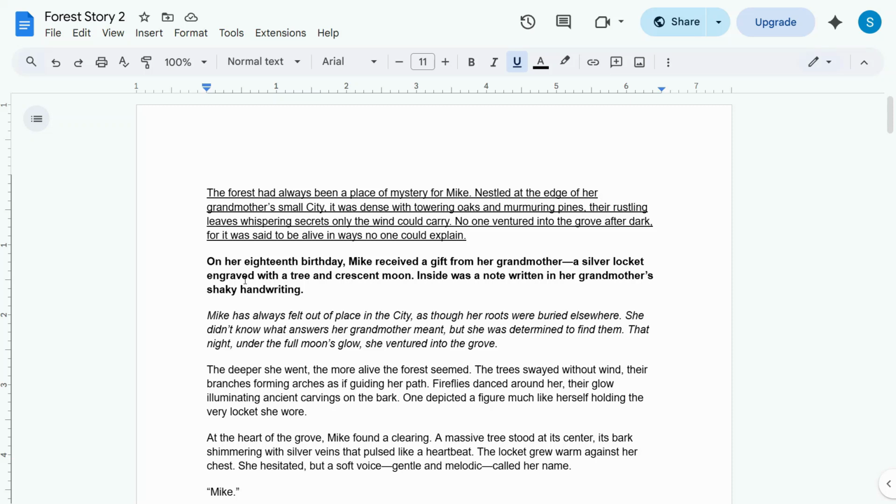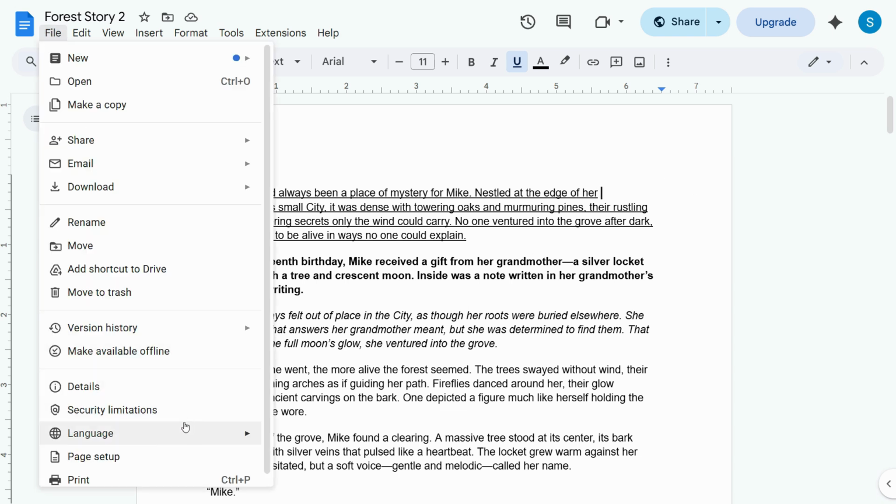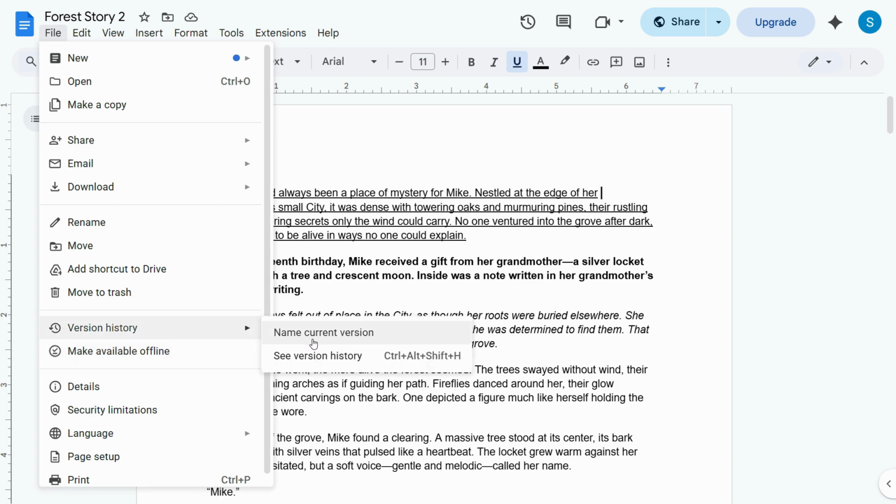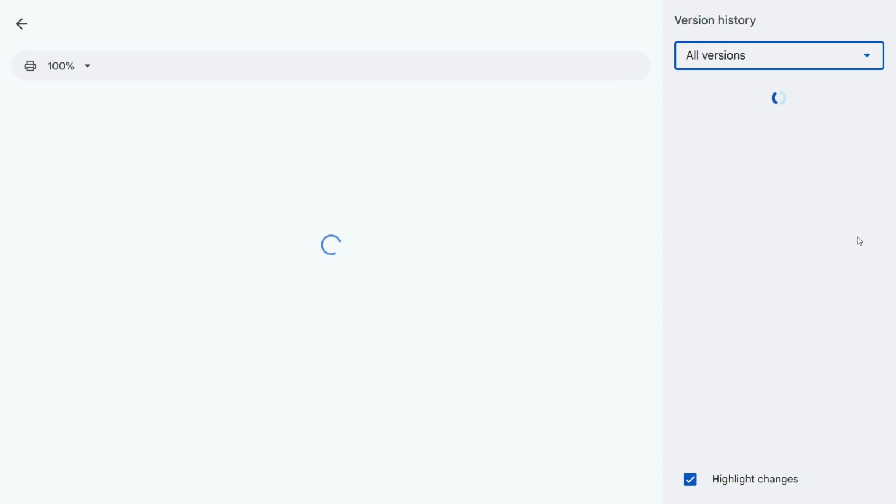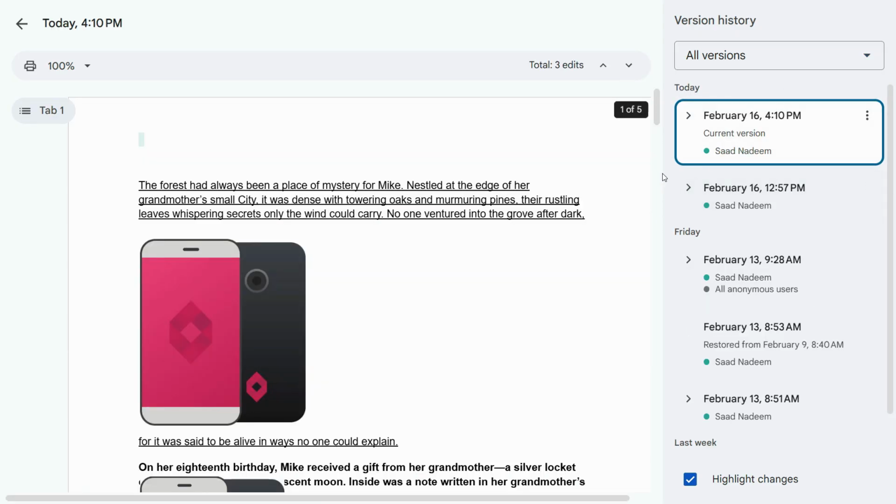In this video, we are going to see how we can check the edit history in Google Docs. So let's say if you want to see what is edited on a specific day and you want to head over back to a previous version before it was edited, you can simply switch to that using the file menu and you click on the version history, click on see version history, which will show you the complete history day